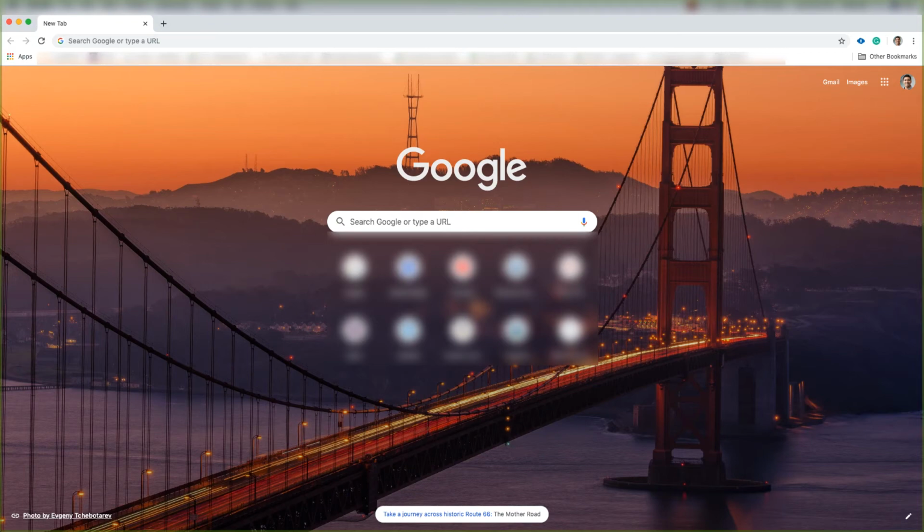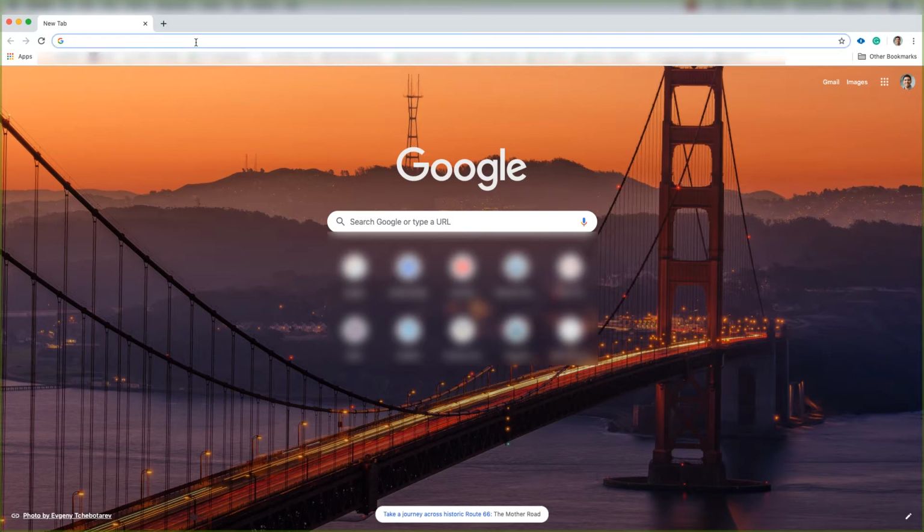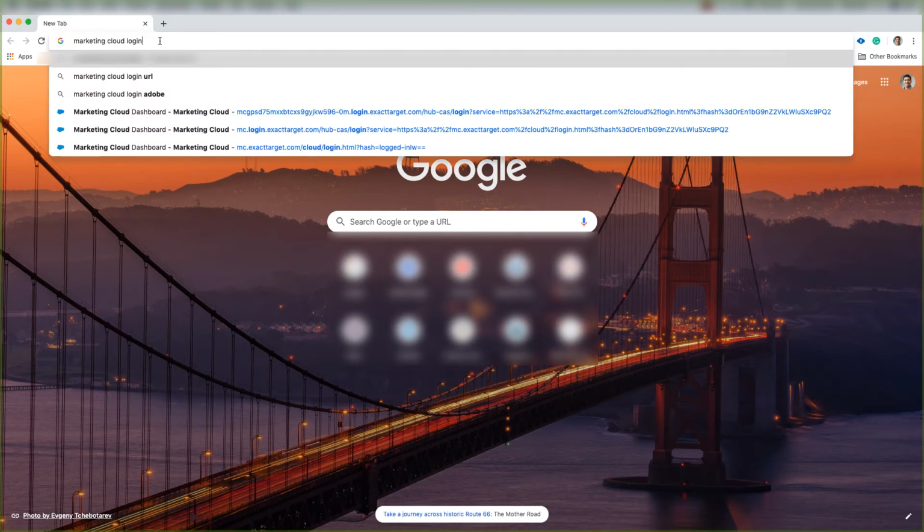So the first thing I'll show you how to do is log into Marketing Cloud. There's a couple ways you can log into Marketing Cloud, and I'll show you both ways. First way to log into Marketing Cloud is just type in Marketing Cloud Login in your internet browser and click